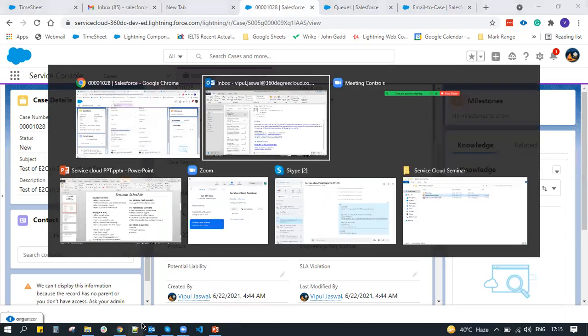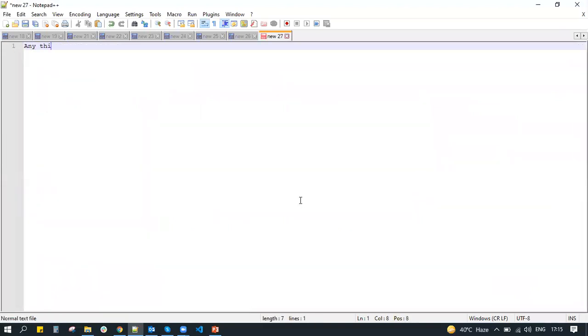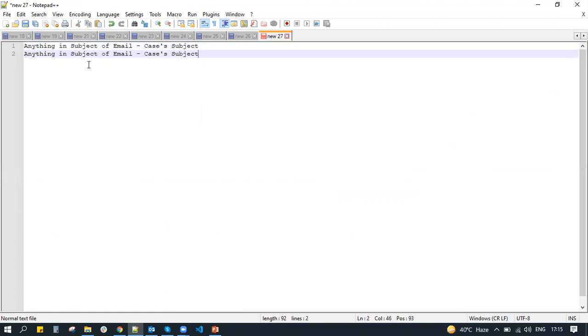If we talk about the mappings, anything in the subject of the email is going to be the case's subject. Anything in the body of the email is going to be the case's description.